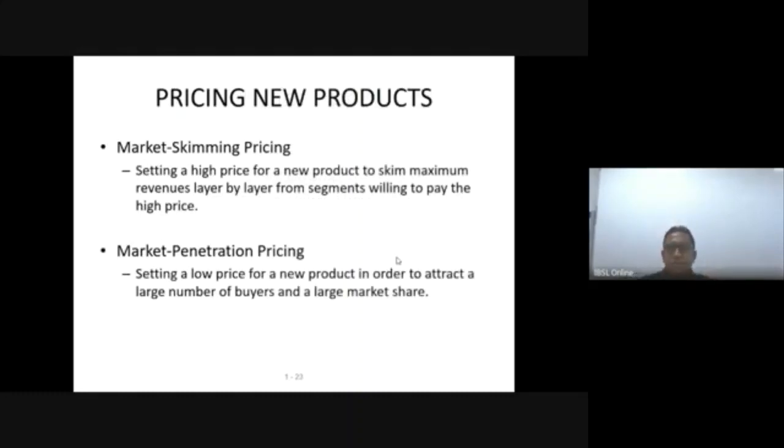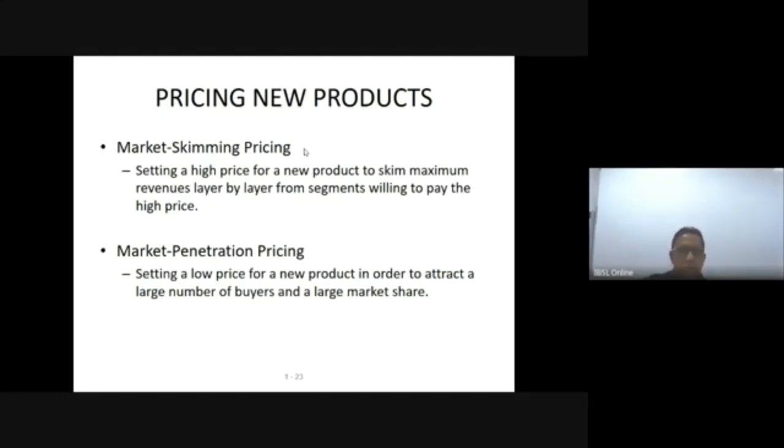Pricing of new products. There are two methods to price a new product. The first one is market skimming pricing, the other is market penetration pricing. Market skimming means setting a high price for a new product to skim maximum revenue layer by layer from segments willing to pay the high price. It is suitable for an advanced breakthrough product, like say the Apple iPhone. When the Apple iPhone 12 comes, it will be very high in price because it is an advanced breakthrough product with many features